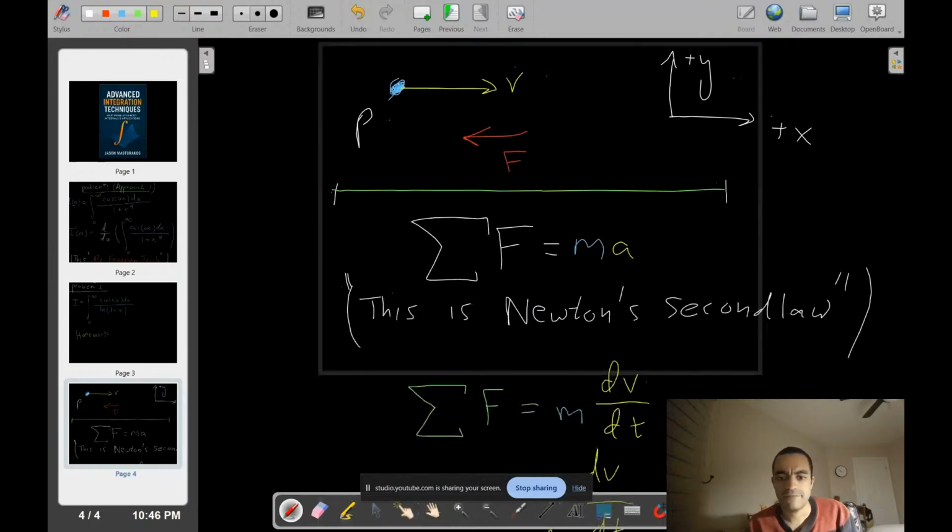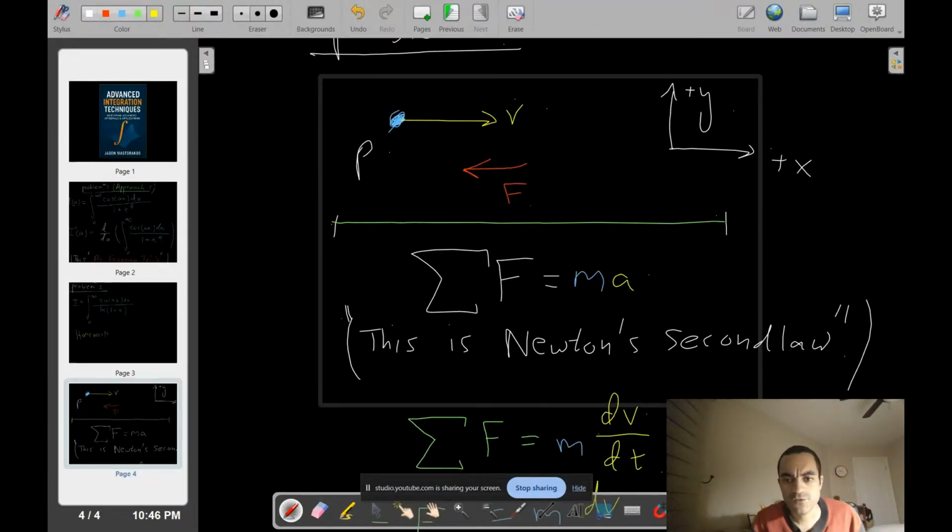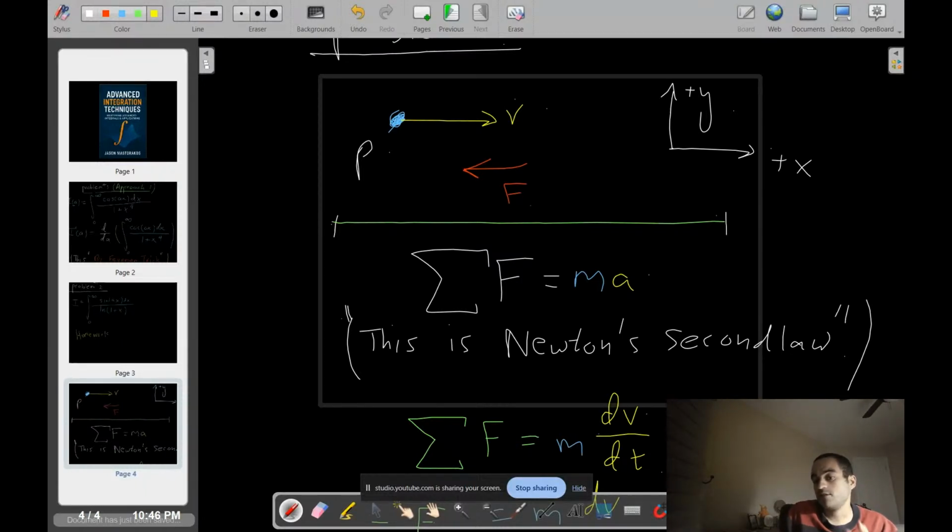Let me explain what I mean by that. If the particle P is moving with velocity V, as we said from left to right, it's moving with a constant velocity V. However, there is a force coming from the right that is resisting the particle's velocity. That force resisting the particle is called a retardation force. So it's actually retarding. In other words, when you have a resisting or retarding force, it should produce negative acceleration. Why? It just means that the object is slowing down.